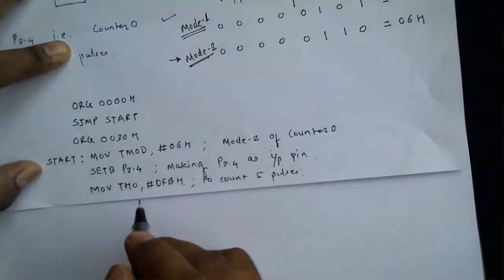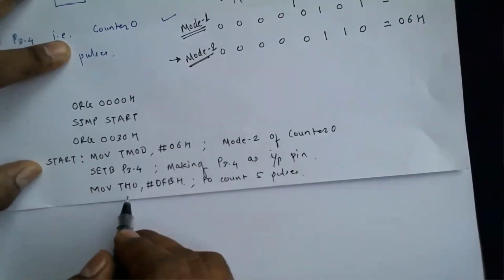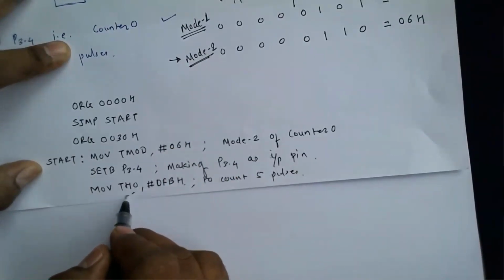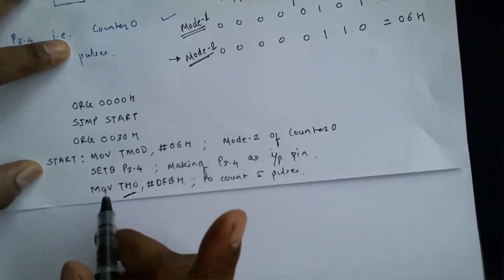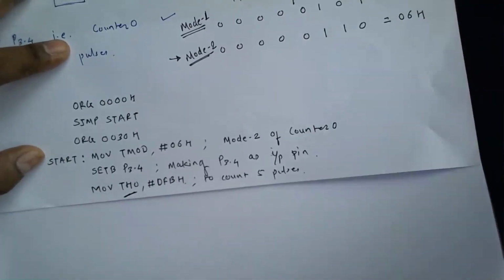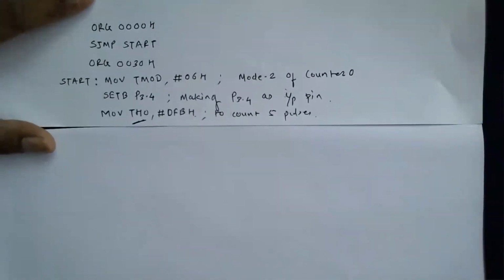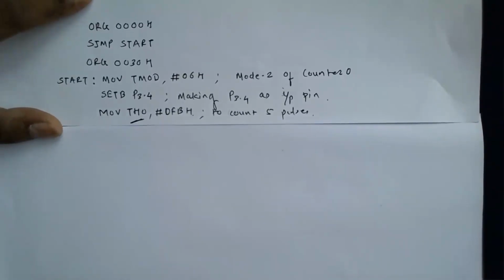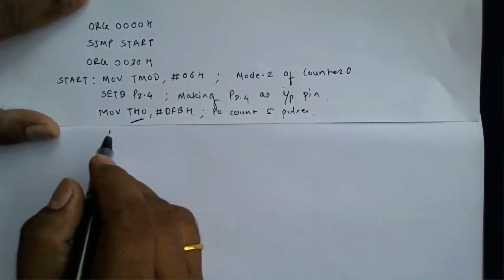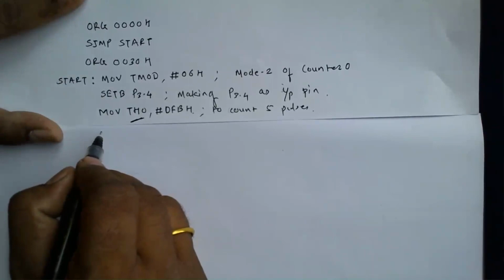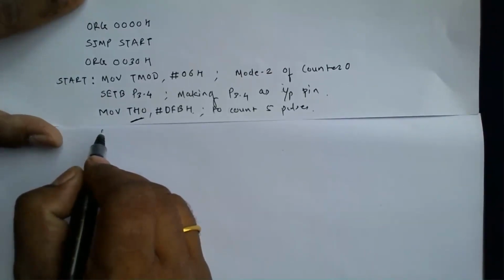And as we know, we are using mode 2. So in mode 2, we just send the count value into TH0 and not into TL0. So sending the value into TH0 is sufficient, right? As it is an 8-bit counter, we'll just be sending the value into TH0. And once we send the value into TH0, what we do